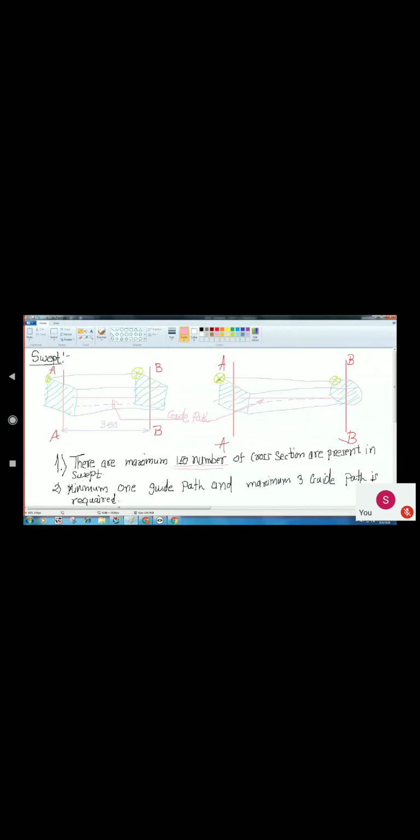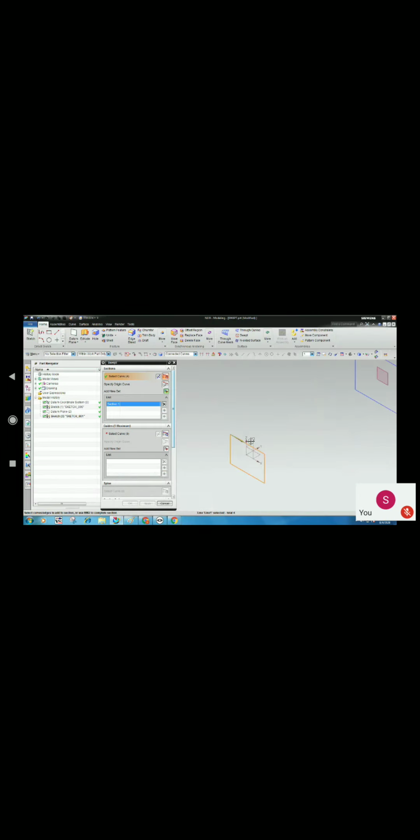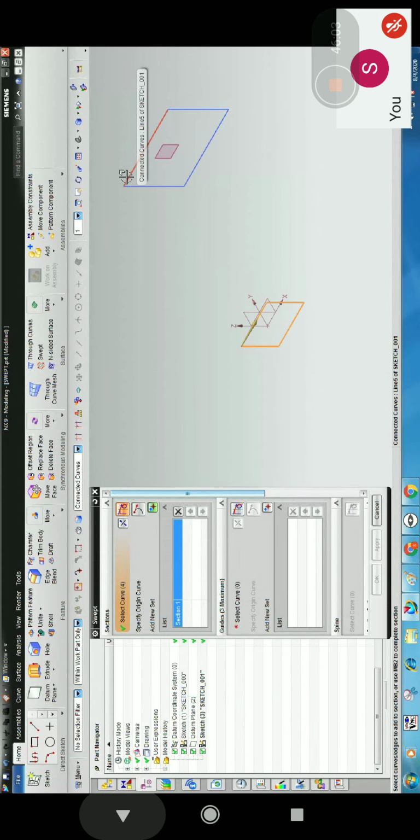As you see, the green points is your start points. Okay, so start point will be automatically selected as per your location of mouse. If I click here towards the right side portion, then the start point will be automatically created right side. But if I click towards the